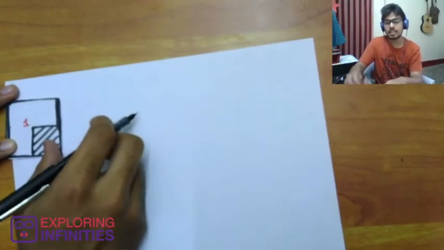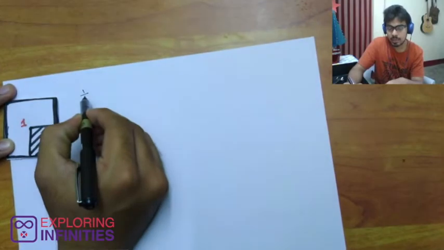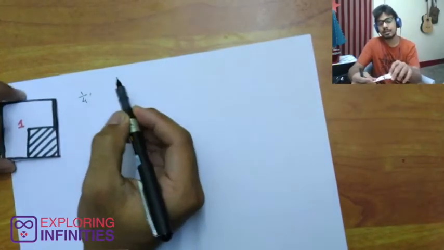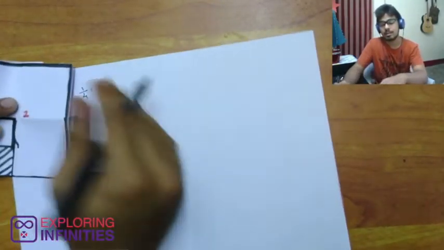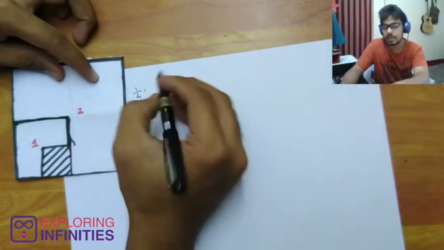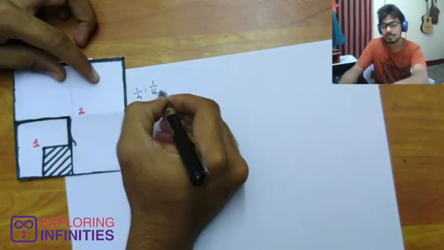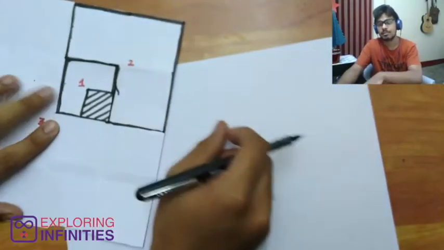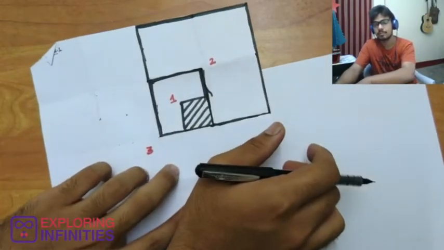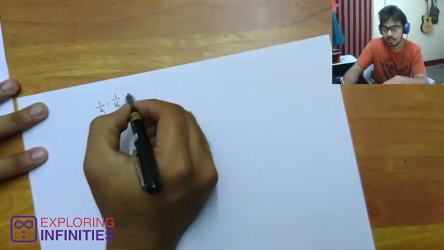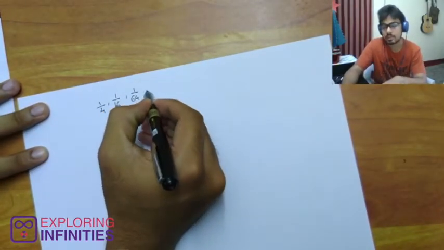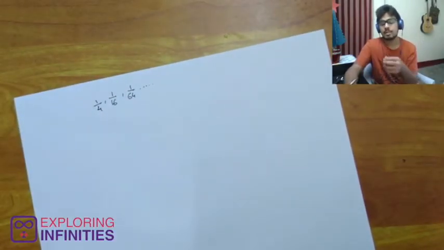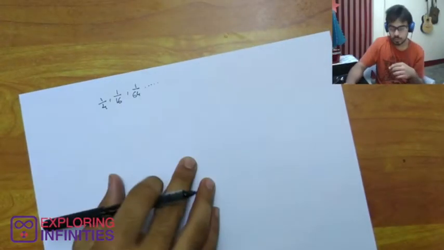The shaded region is 1/4 of square 1, and the same shaded region is 1/16 of square 2, and the same shaded region is 1/64 of square 3, right? And so on. If I had more squares, I would have shown, but this is the limit. Cool. This example is what we are familiar with. We discussed this in the beginning of the chapter, progressions.